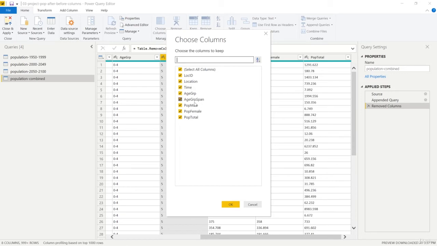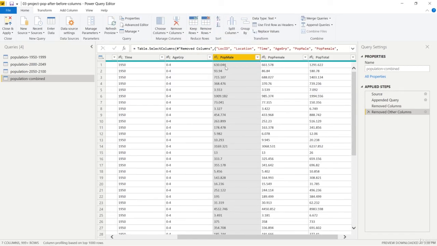This is of course not displayed right here, but we see that all remaining columns are here. Now, for us, I want to get rid of this age group span here, so let's untick that box. And if we confirm this, you see that this column is also gone. So this is how you can interact with columns and easily improve the structure of your project and make it a lot leaner. However, I'm now happy with the amount of columns we have, at least for the moment, but